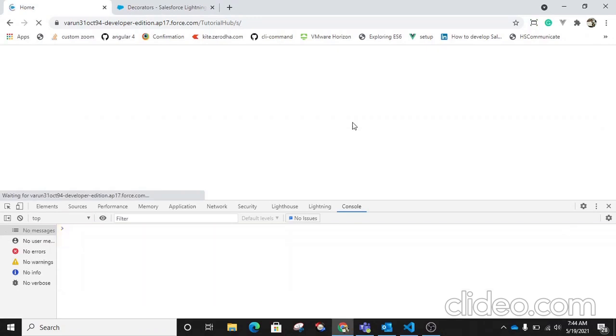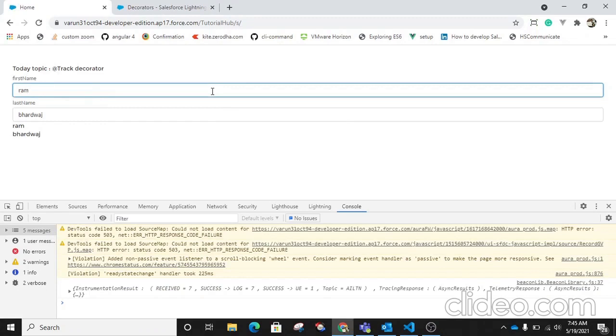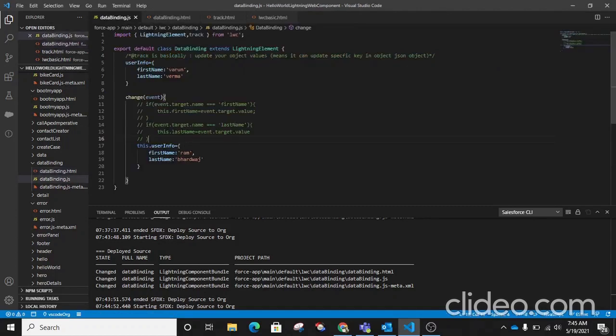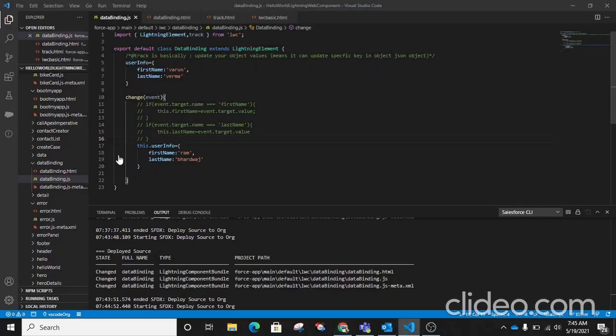I'm reloading. When I change a value, it triggers the on change event, so I am calling the change function. Then I am replacing the whole object. So you can see it is updating the whole object, but I want to update a specific key like first name. So I'm undoing this code.